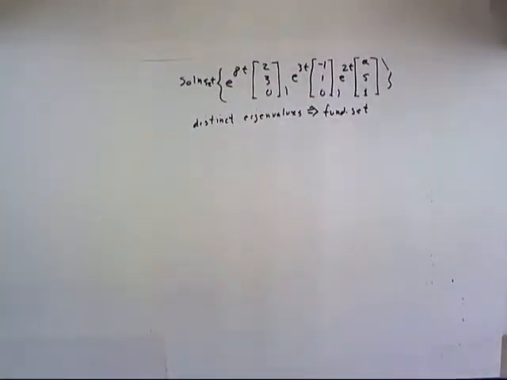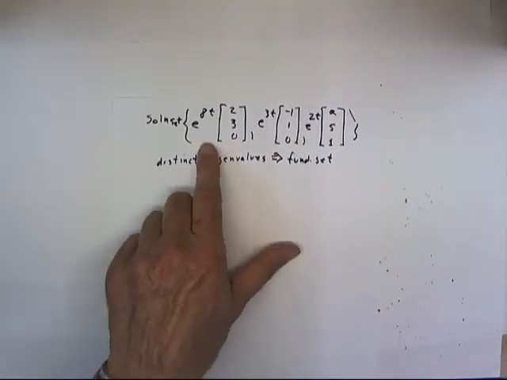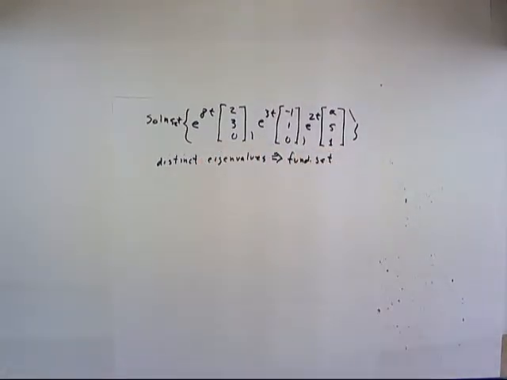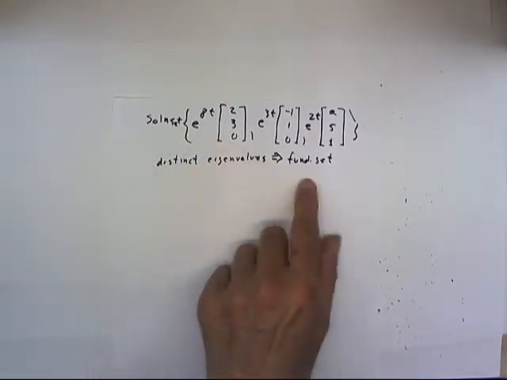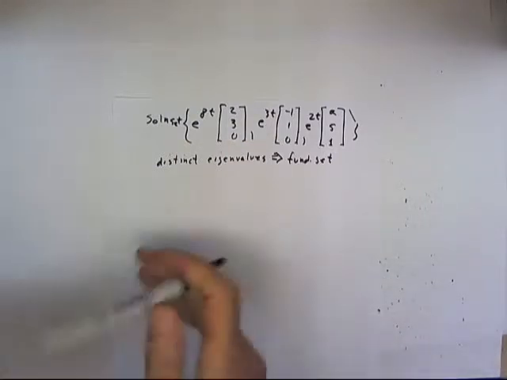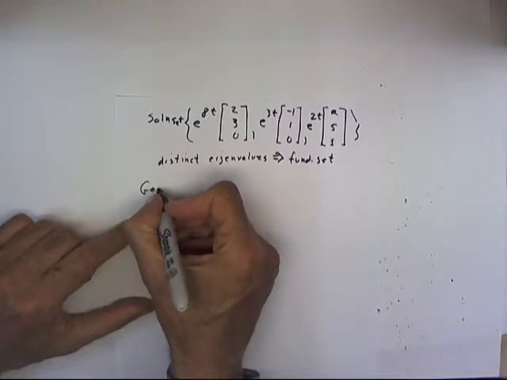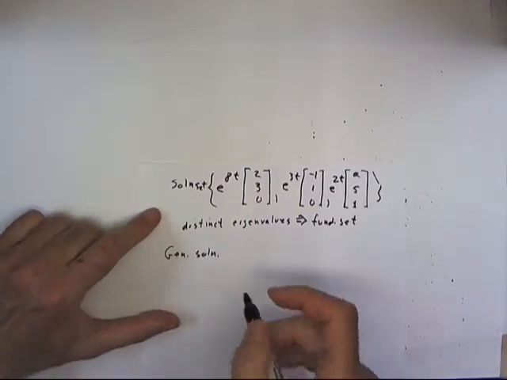So our solution set is as I've written it here. I won't read it to you. Since our eigenvalues are distinct, this is a fundamental set. So our general solution to the equation is